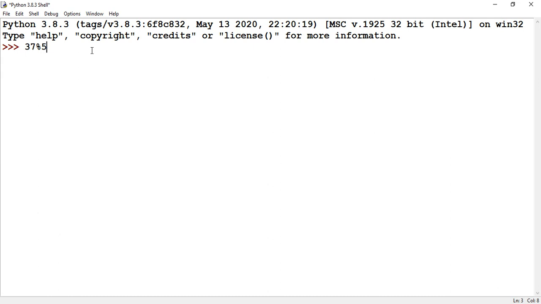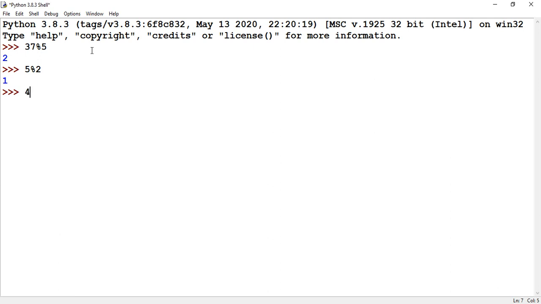Yes, of course, it will give you 2, because you cannot wholly divide 37 by 5, it will leave 2 as a remainder. If you divide 5 by 2 and check the remainder, then it will be 1.